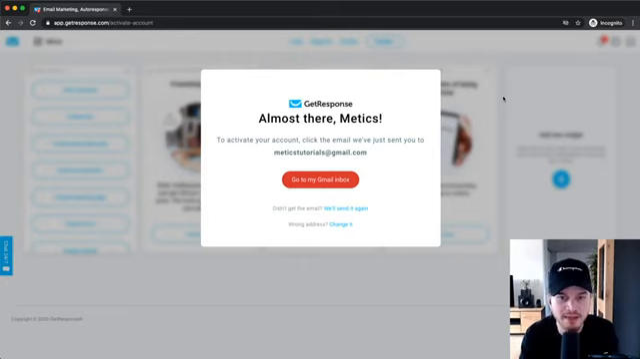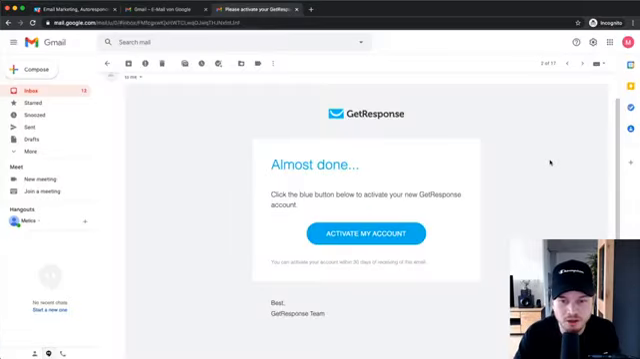So let me just quickly log into my email account. So this is what the email looks like that you'll be getting in your email inbox. So all you have to do here is to click on activate my account, and then it will take you into your Getresponse account. You can close all the other tabs up here because now it will guide us through